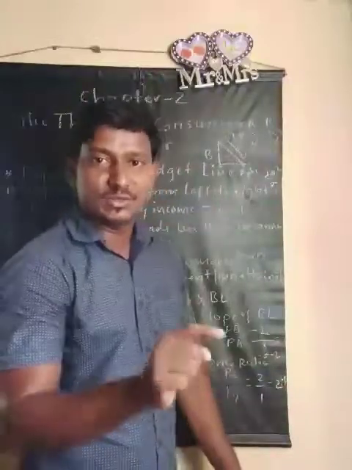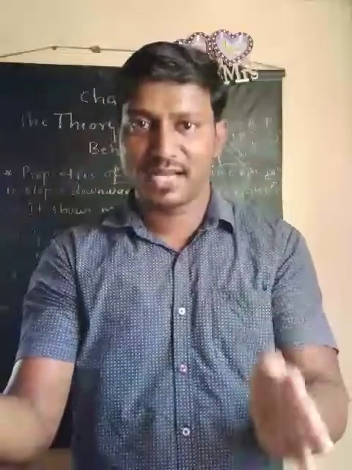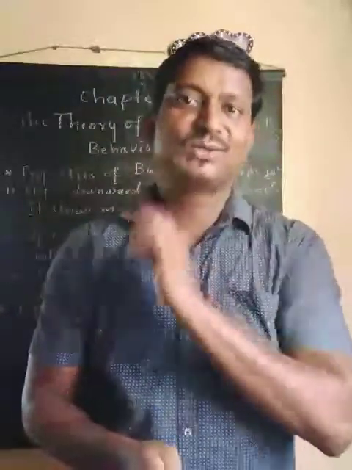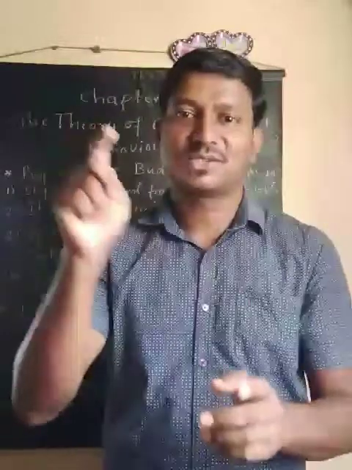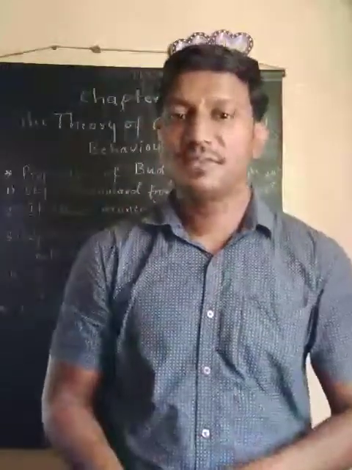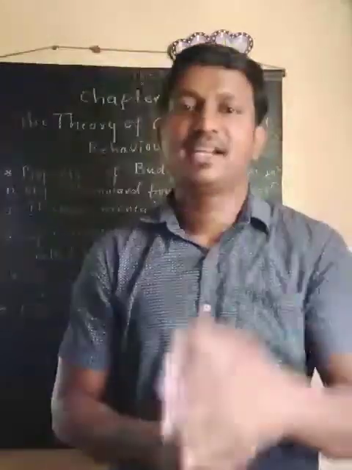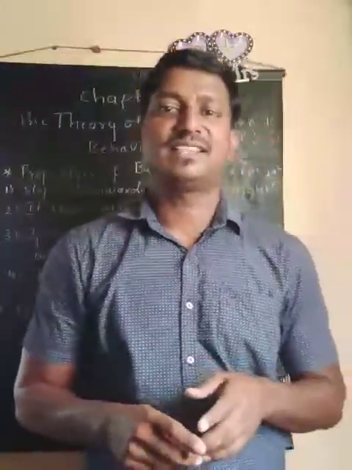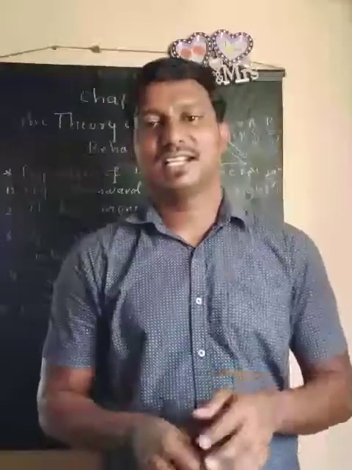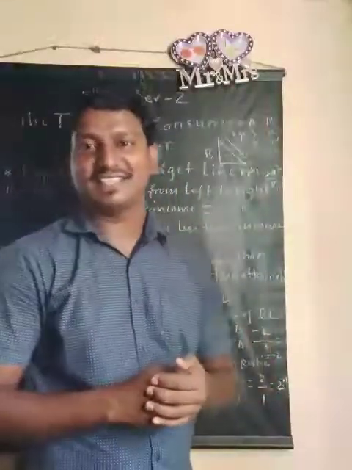Then what are we going to find here? 2:1. The ratio between the apple and banana prices is 2:1. Is that clear? The ratio between the price of apple and the price of banana is 2:1, where we can say that the price of apple is double the price of banana, or the price of banana is half the price of apple. So like this we can calculate the price ratio and the slope of the budget line. I hope this is clear with regard to the slope of the budget line and the price ratio.